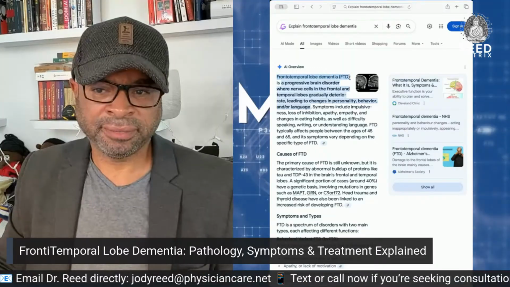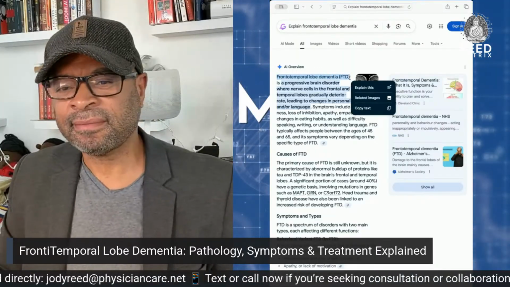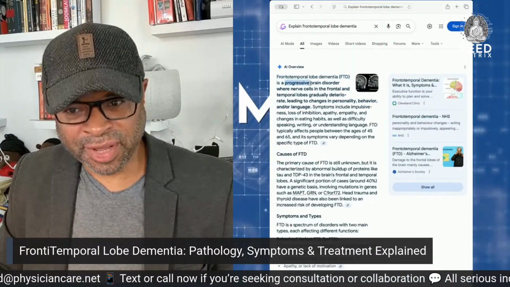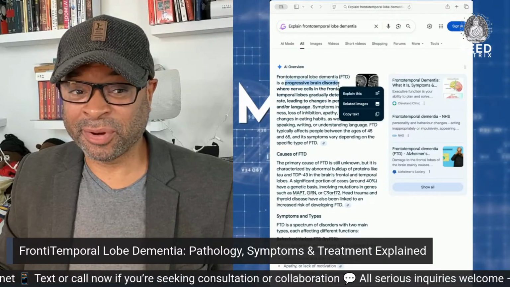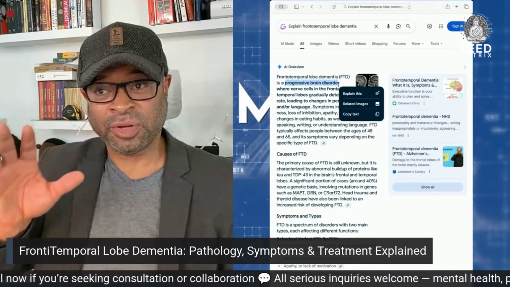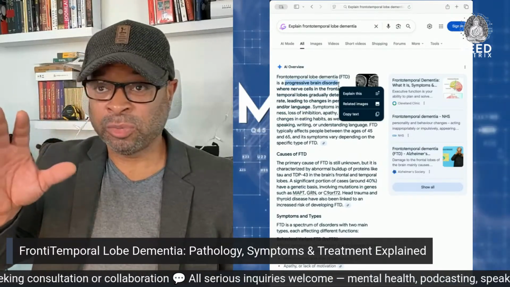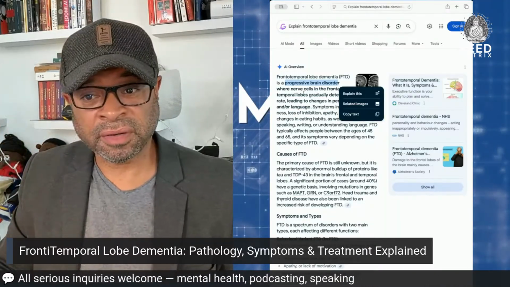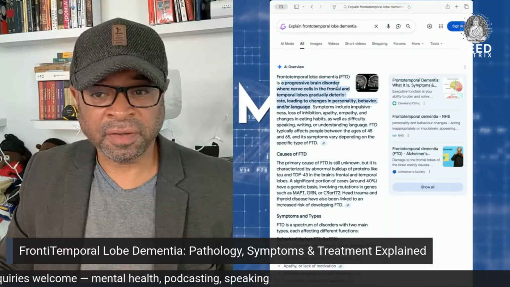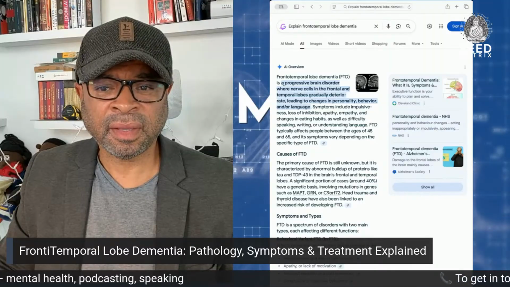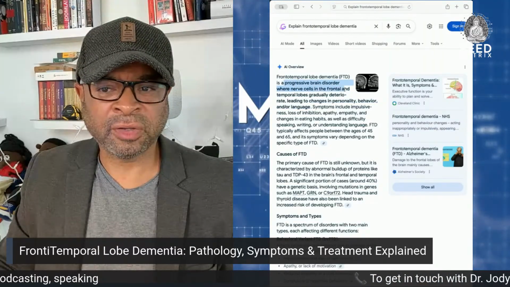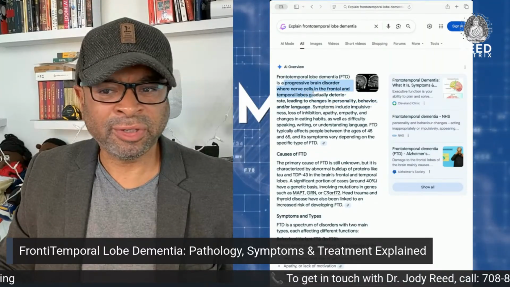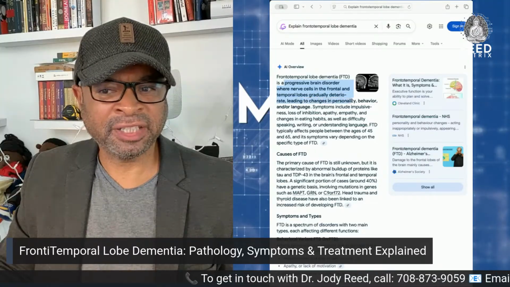Frontotemporal lobe dementia, or FTD, is a progressive brain disorder. Remember I said progressive? It starts at one area. They can have damage to multiple areas, or it can continue to progress. And this thing evolves over time. It's very complicated. A progressive brain disorder where nerve cells in the frontal and temporal lobes gradually deteriorate, leading to changes in